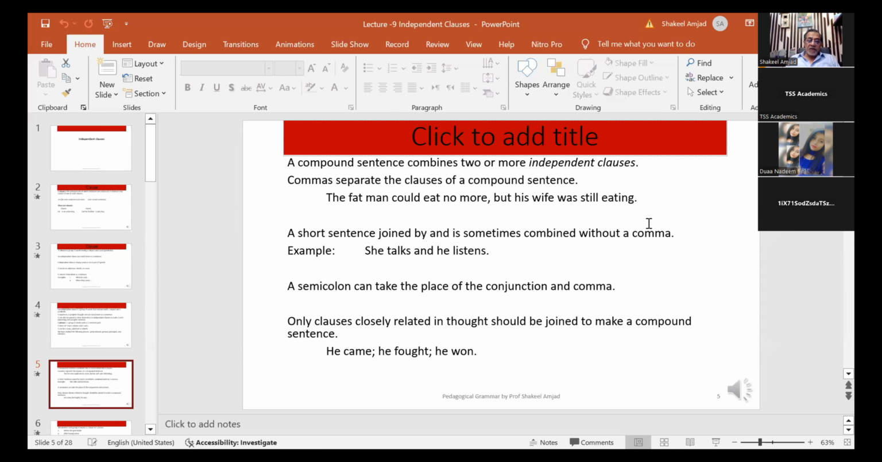Only clauses closely related in thought should be joined to make a compound sentence. ये very important है। And you should join two clauses together to make a compound sentence when they have some similarity of idea. He came, he fought, he won. अब ये देखिए, ये तीन clauses हैं, short से clauses हैं, और they are joined by commas, right? Semicolons, comma. इसमें हमने आखिरी में कोई conjunction नहीं लगाया हुआ।